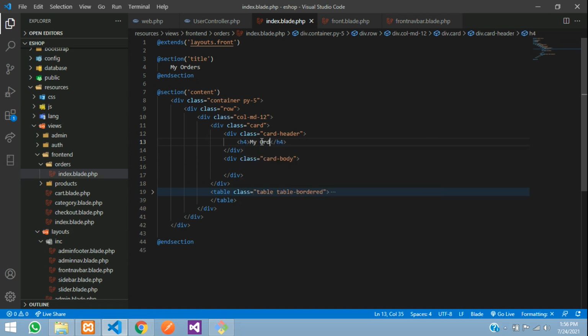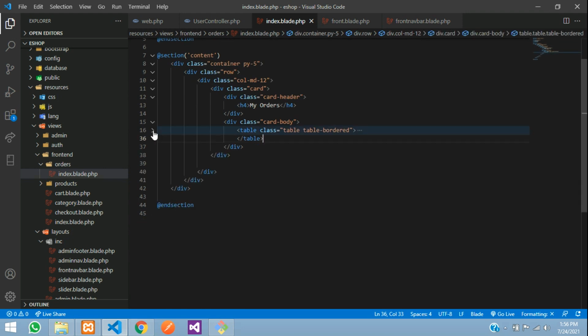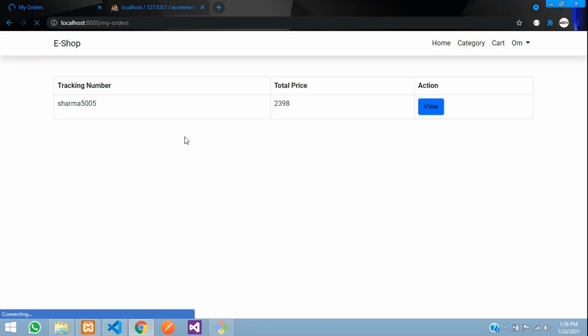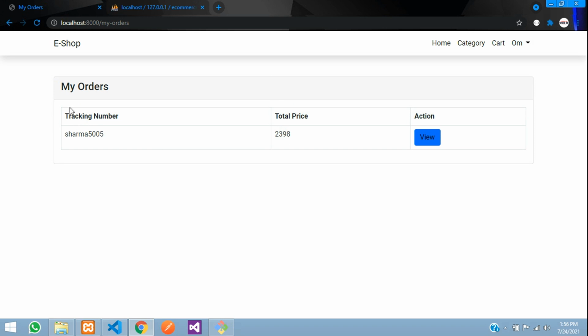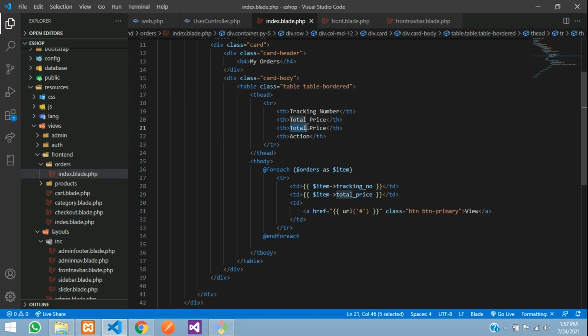My orders and this table, just Control X and paste it over here. Save and refresh, and we will add a thing over here. So status you can check, copy and paste status